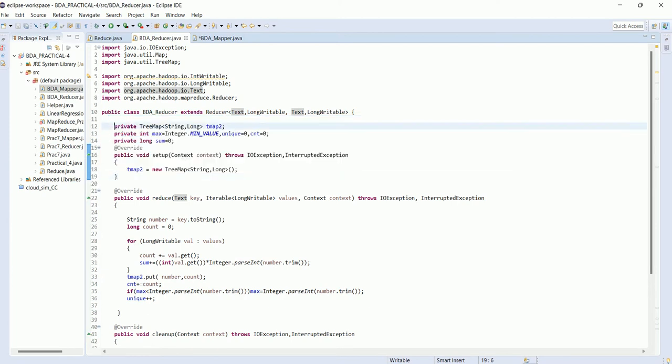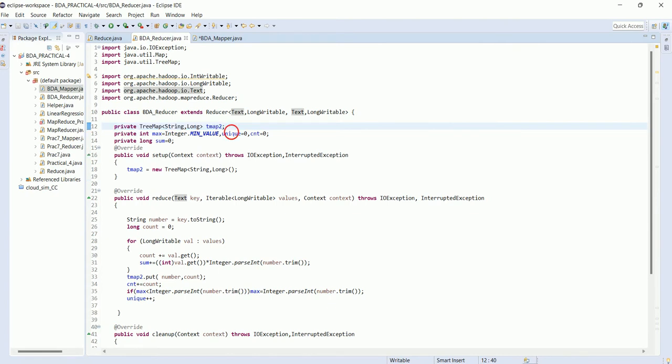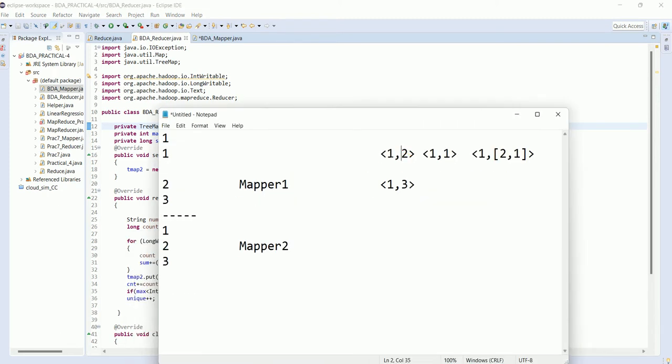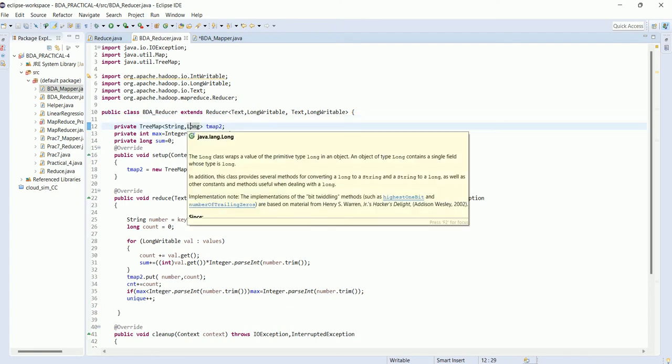Here we are taking the tree map to combine the occurrences. I am getting the input like this, and I need to combine the output like this. To combine this, I need a global tree map, with a string as the number and a long as the occurrence of that particular number.